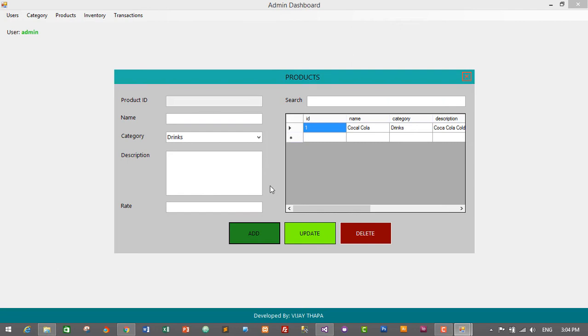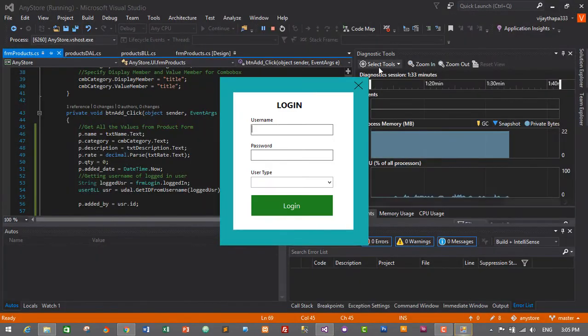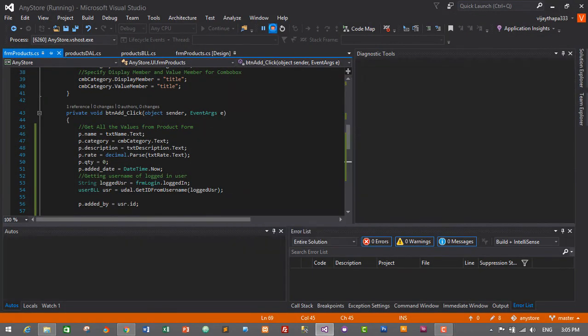Now we will need to add another functionality to update the products. Before updating the product, we need to display all the products in the respective text boxes when we click on the row header. For that, let's create an event called row header mouse click event and display all the respective data in text boxes. I'll close this, and let's pause this and go to